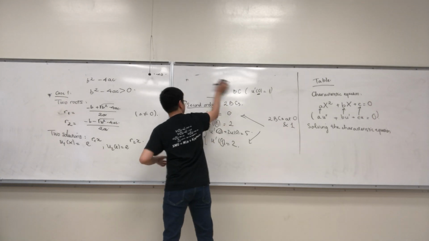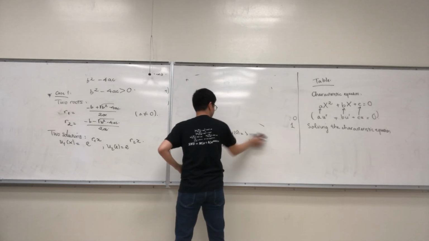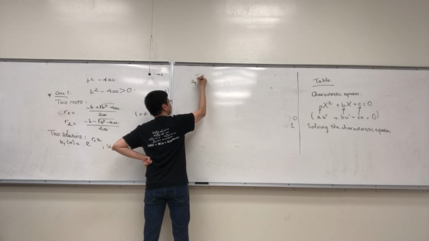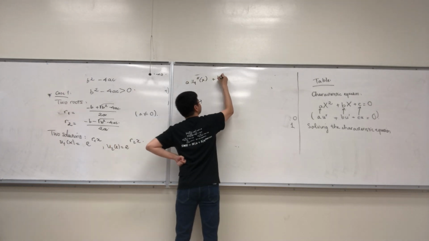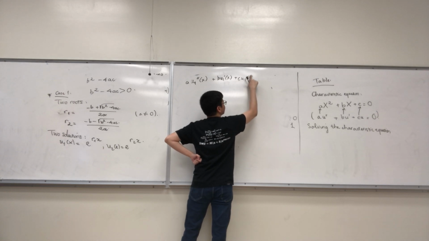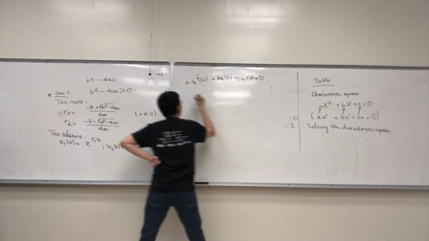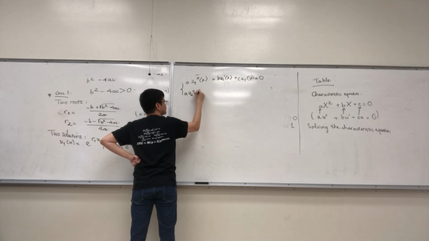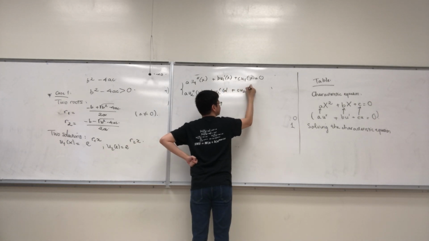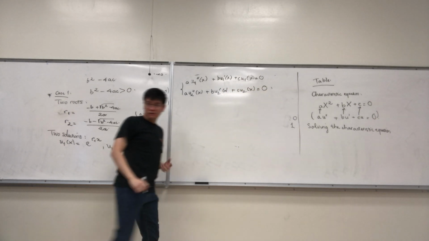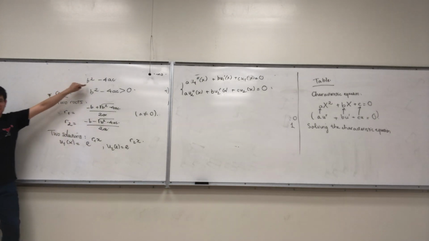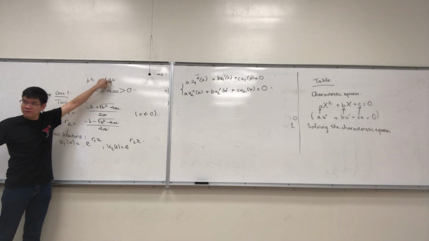What I mean by two solutions is the following. When I replace these two solutions into the equation, I have a u1 second plus b u1 prime plus c u1 is 0, and a u2 second x plus b u2 prime x plus c u2 x, they're both 0. Alright? It's clear? So after I solve, in the case b squared minus 4ac is strictly positive, I find